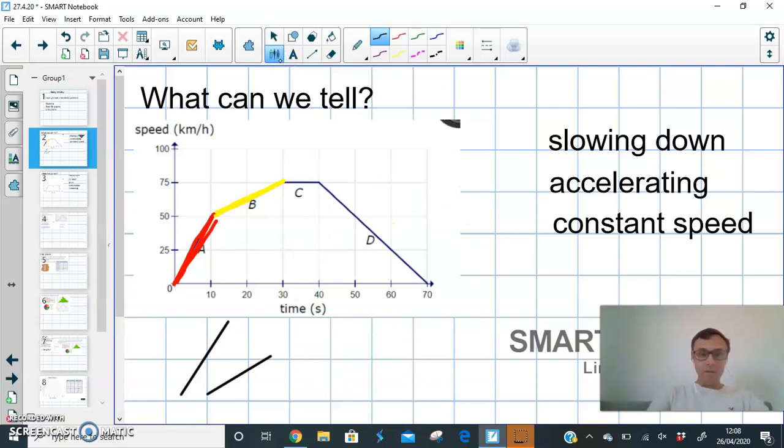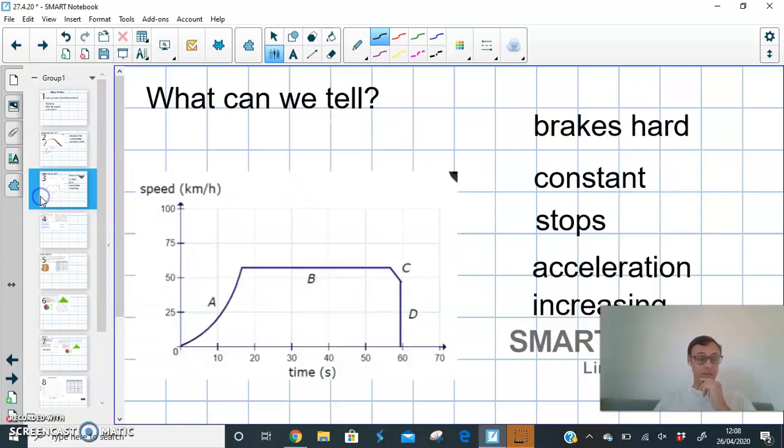Well then, coming back to this point, point C is at a constant speed. There's no acceleration, it's not going up, it's not going down, so it's a constant speed. And then finally point D, it's decelerating, we're going slower until eventually we reach a point of 0 kilometers